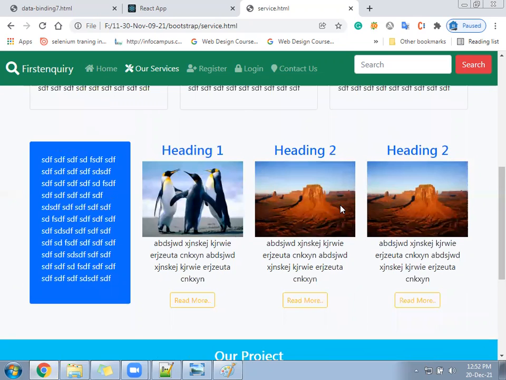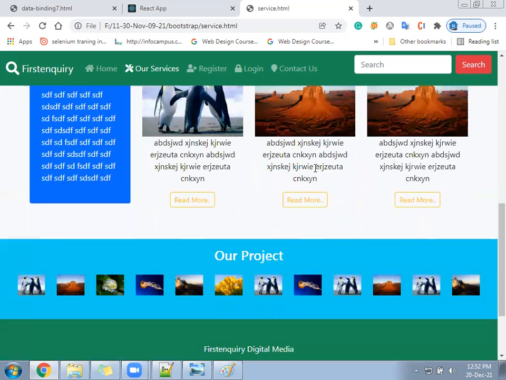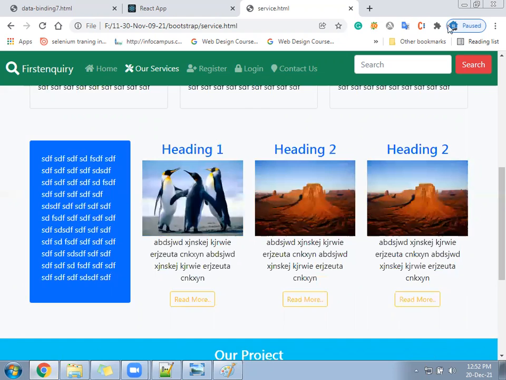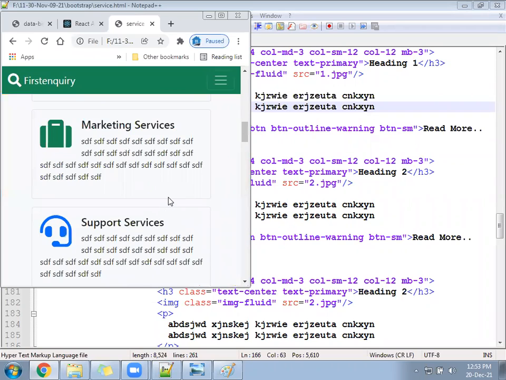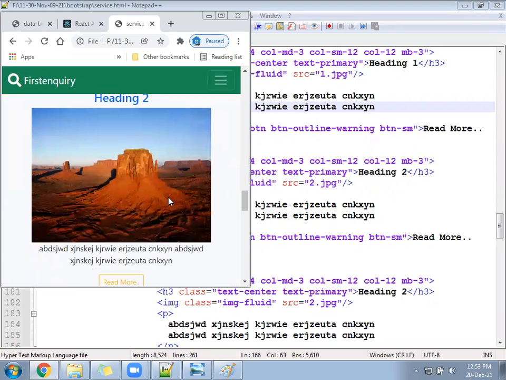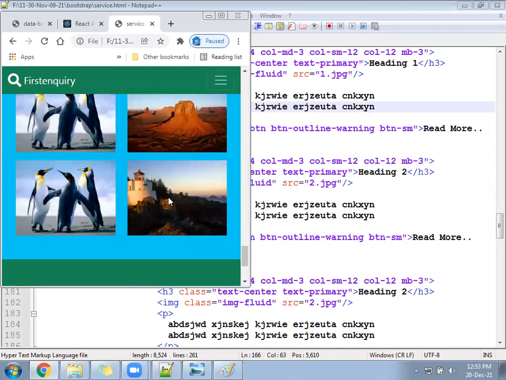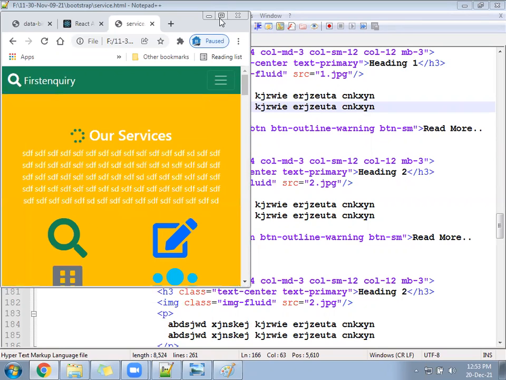Yes. Make a small device. All are getting rearranged. So we understood Bootstrap, right?